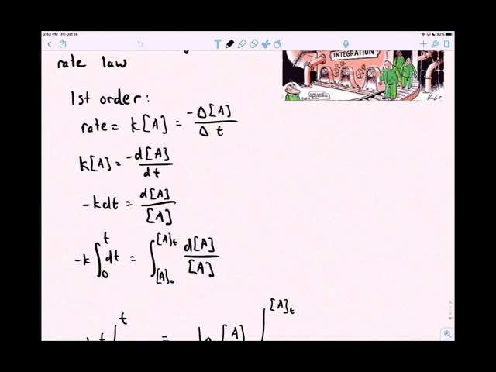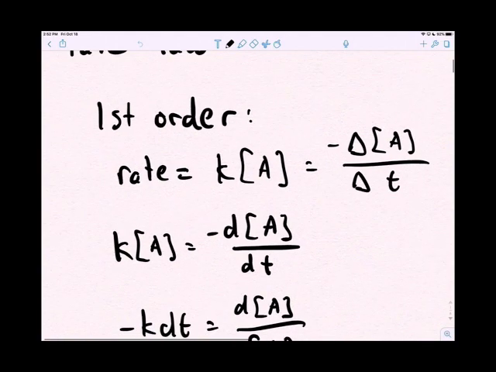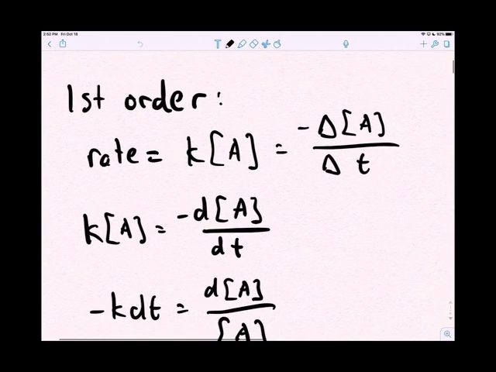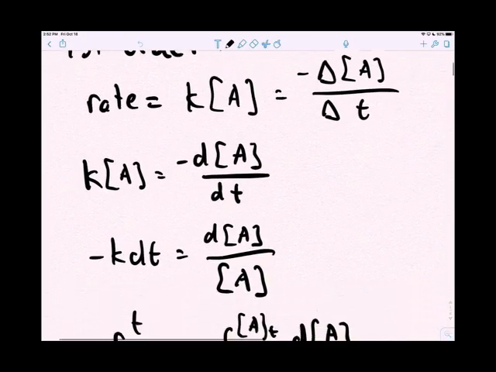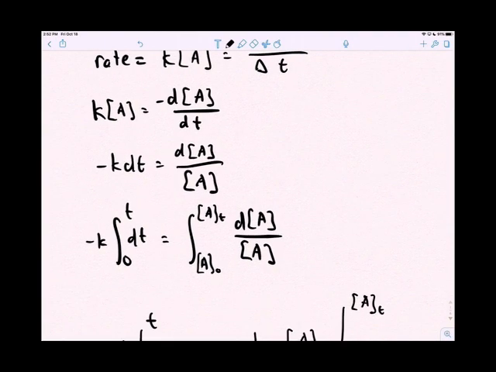So the first order rate law is just: rate is equal to k times the concentration of A. It's first order, the first power. And that is the rate of disappearance of A, minus delta A over delta t. So then you set these equal to each other, and you go to infinitesimal dt, and then you rearrange where you have minus k dt equals dA over A, and you integrate from 0 to t for time, and A0 to